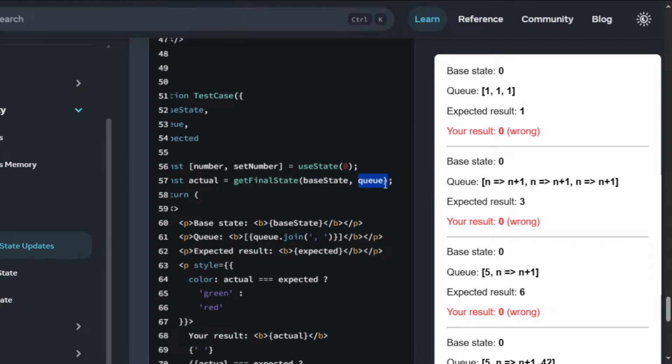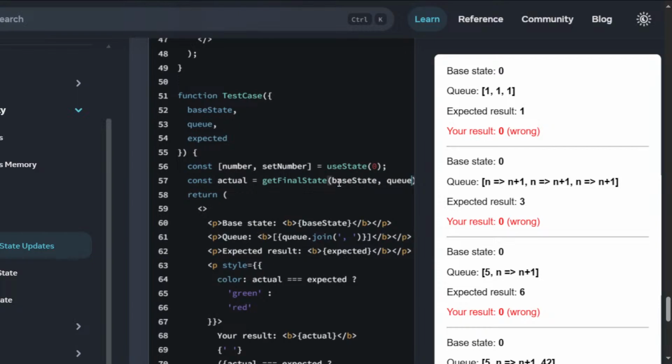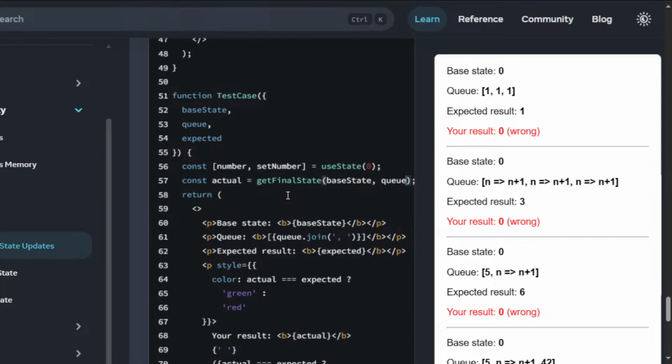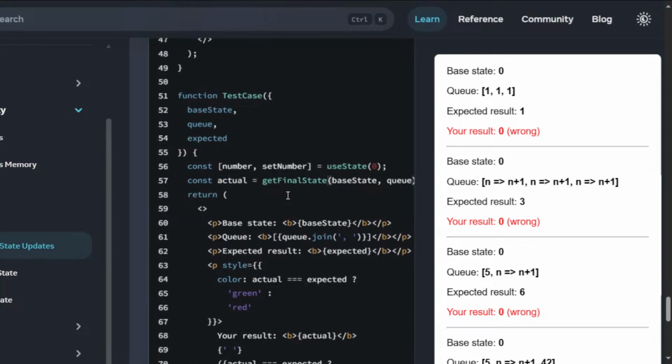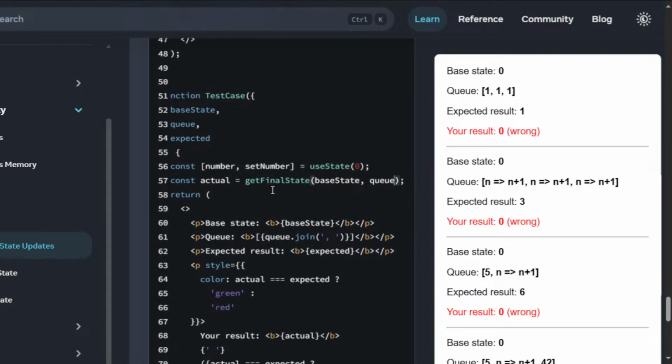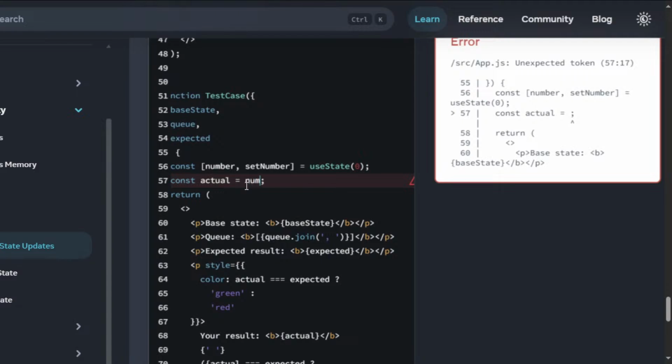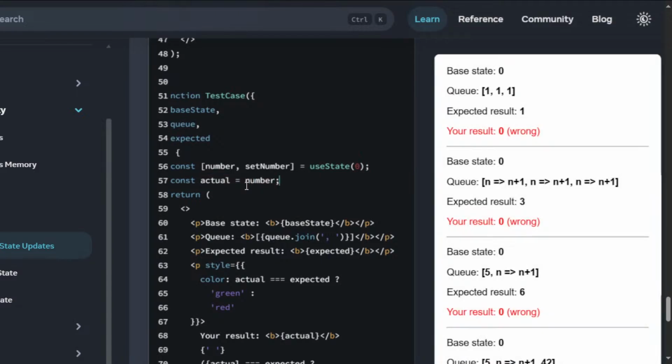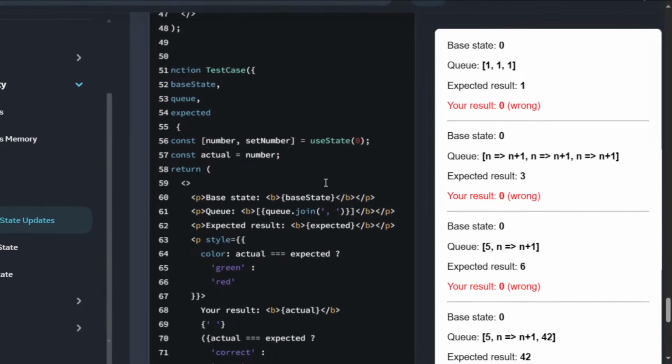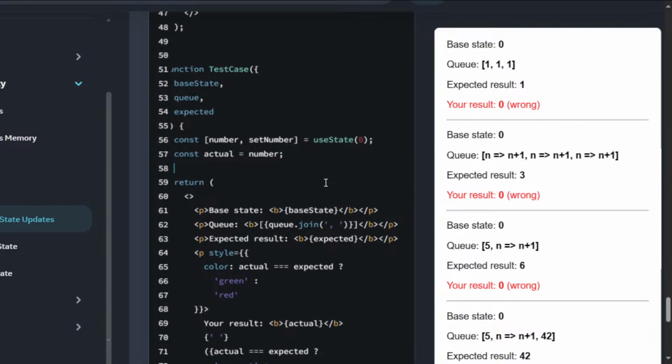And queue is my thing here, and I don't want to update my base state and the queue from here, and I want to give the actual value as number. Before that,